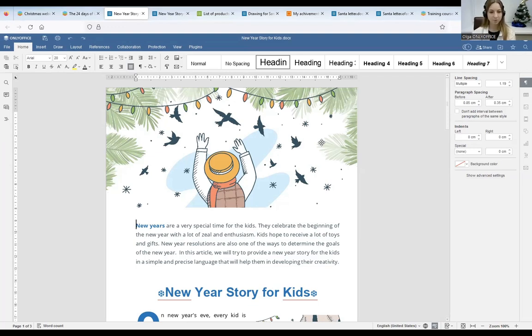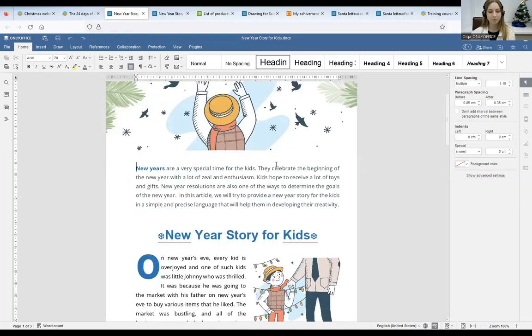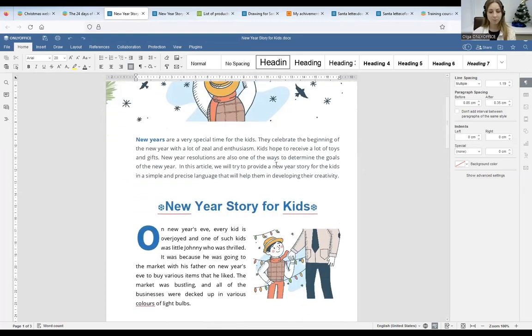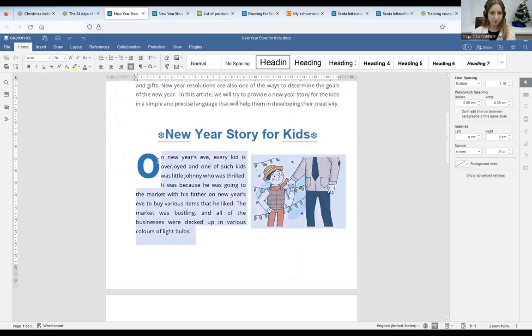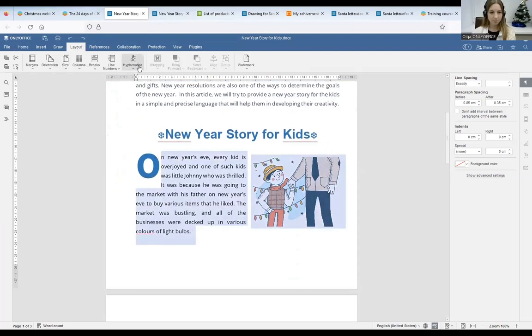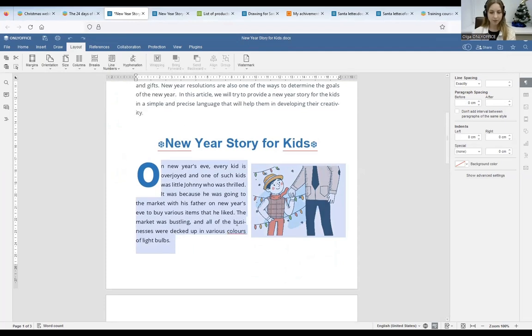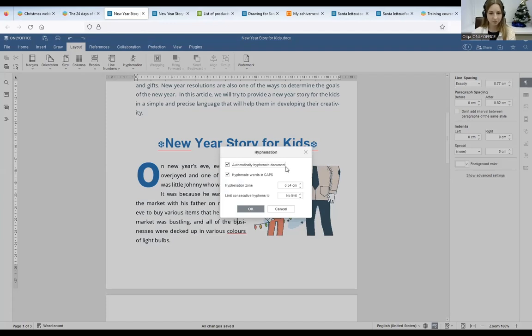in text documents. With this option enabled, you will be able to create documents without having to manually hyphenate the end of the line, and when changing fields, words will be automatically hyphenated if necessary. So you select the passage, and you click on the Layout tab, Hyphenation, and you should click on Automatic. And you see that the text is hyphenated. Also, you can check the hyphenation options like automatically hyphenate documents, hyphenate words in caps, hyphenation zone, and limit consecutive